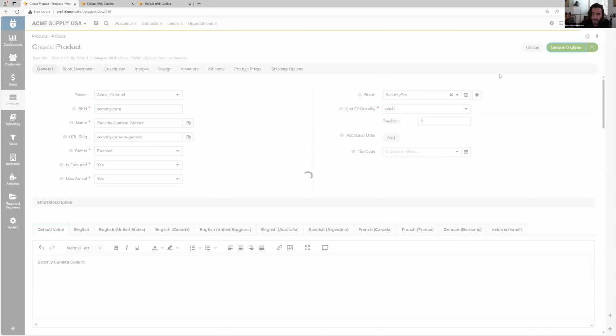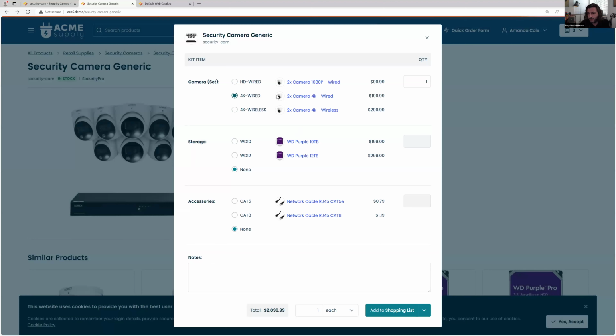So you can always add additional promotional prices on top of the tier pricing that every customer sees here. Now let's do something interesting. I'm going to go back, and in this case, I'm going to be buying it again. This time, once again, it's going to be 4K wired. It's going to be my 10 terabyte hard drive. In this case, if I'm not mistaken, I added a Cat5 cable, but in this case, I'm going to be adding only 40 meters. So here in the shopping list, I'm now going to have two different,